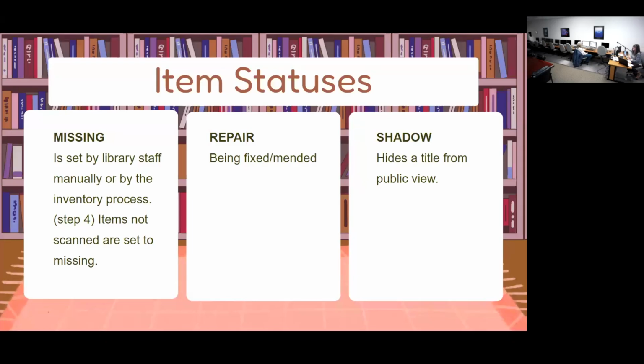Okay. Item status is the last 3. There's one more after, but we are on to missing. So there it is. If you set an item missing, and it could happen during the inventory process, you might not have physically clicked and made them missing, but that could be set. The missing wizard is a report you run, also prior to doing inventory. So normally you should be able to see this list, but you decide that an item should be marked as missing if the item can't be found, when the item's been charged to a patron and is long overdue,